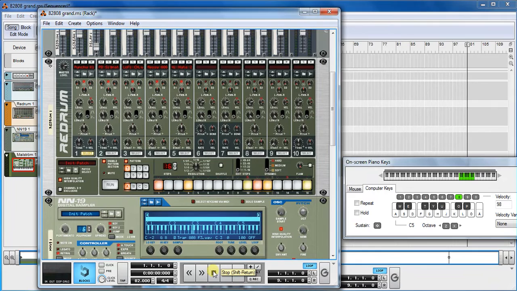So pretty straightforward. This is the drum beat. Right click, open up your Redrum. I've selected